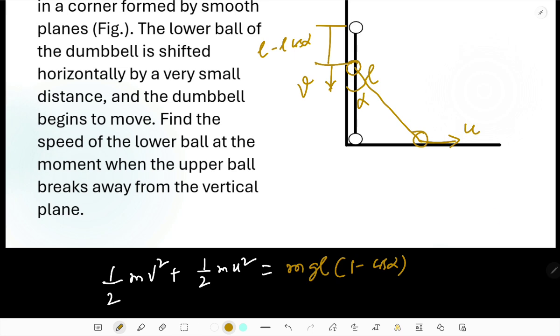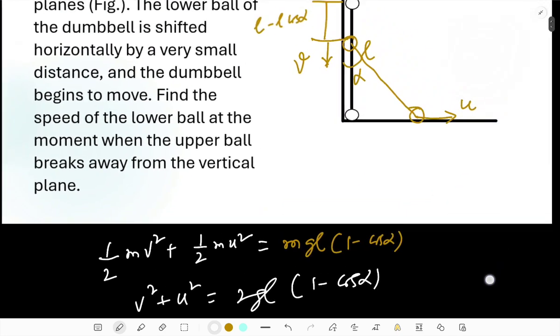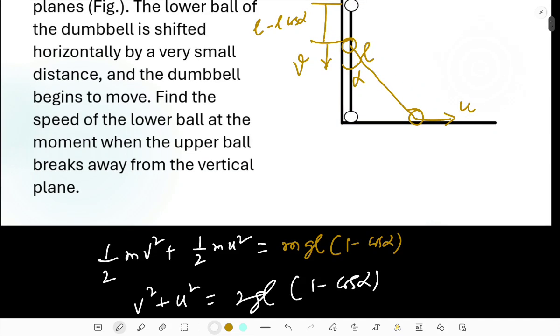And what can I find from here? We can cancel m and the half, and I would like to write this equation in the form of this: v square plus u square must be equal to 2gL multiplied by 1 minus cos alpha. That should be it. And now what? I need a relationship between u and v. Since the rod is rigid,